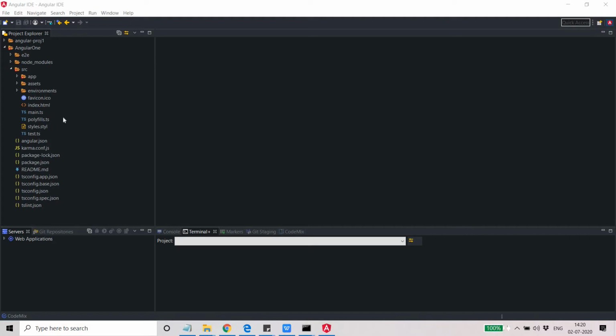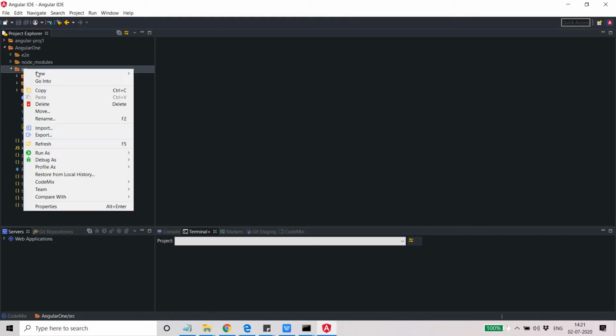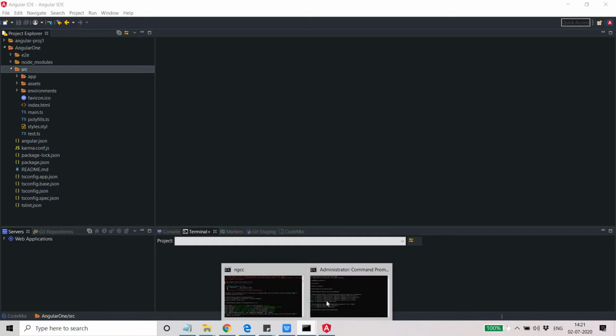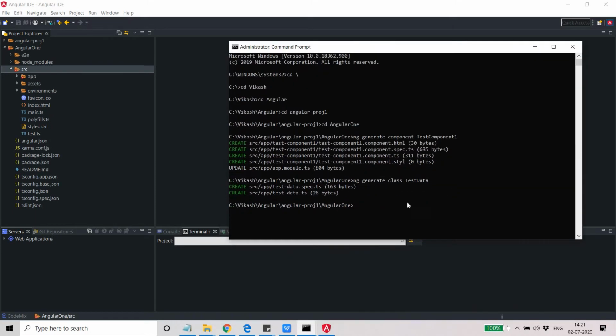So today we are going to create one simple component, and we want to display the simple data that we would have in that component. So to create a component, what you can do, you can go to your application. This is my application path, and here you can write ng create component and name of the component. Suppose we want to give the name as student data.